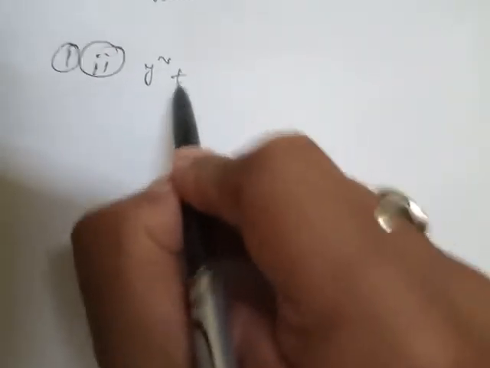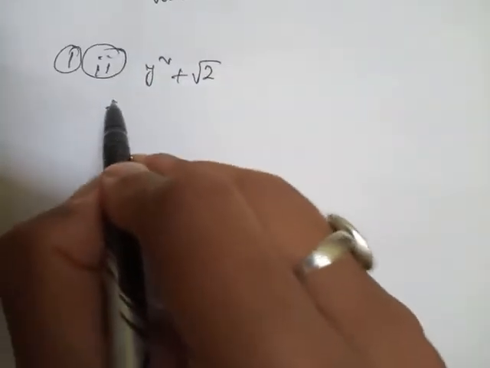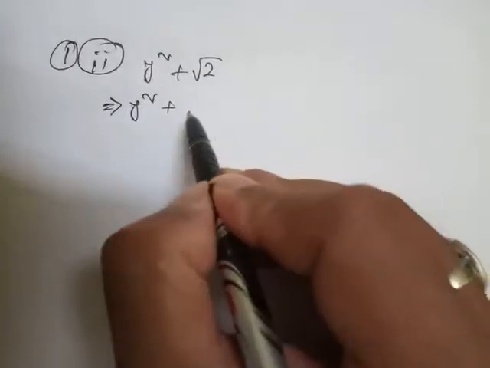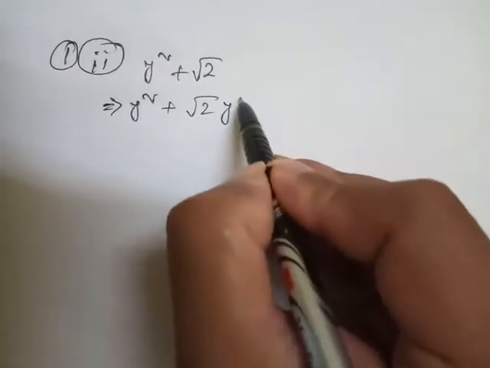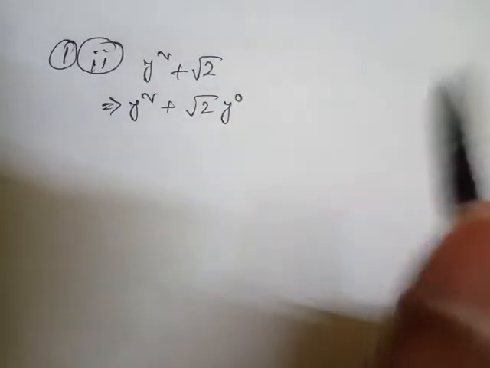1 Roman 2, the question is y square plus root over 2. Now this can be changed like y square plus root over 2, and I am using here y to the power 0. Y to the 0 is 1 only, and 1 into root 2 is root 2. Now look here,